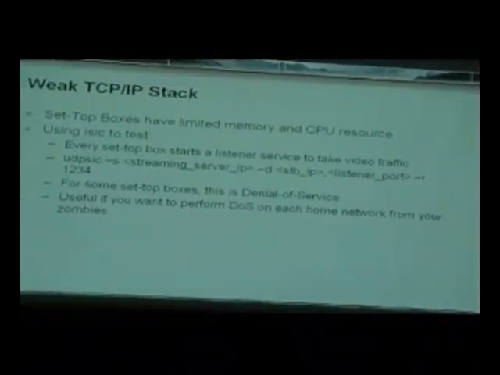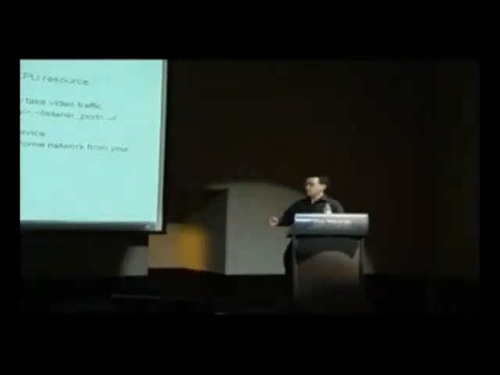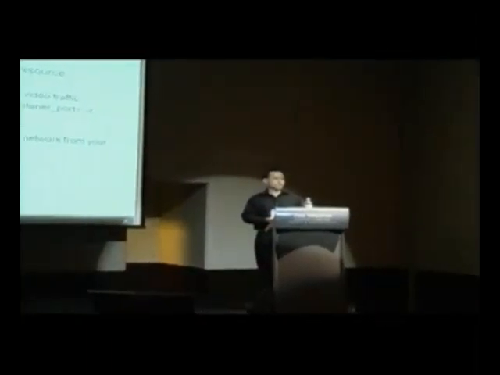It could be a useful case if you want to perform a denial of service on a large home network of a certain telecom. For example, you take control of most of the computers on the home network for the customers, then install a malicious program and launch the denial of service attack at a certain time automatically to reach the effect. So this is one of the problems that could happen, for people to utilize that. There are other vulnerabilities, for example, web management interface, data validation problem. We have seen problems like file system traversal problem on